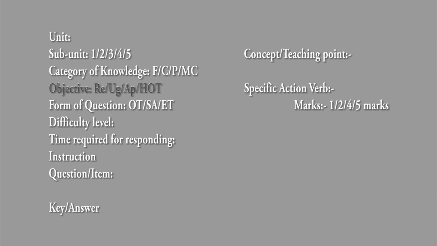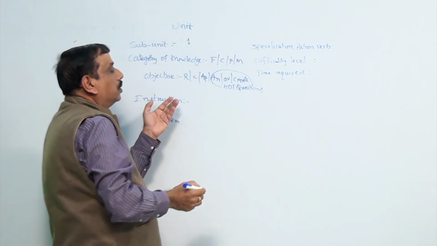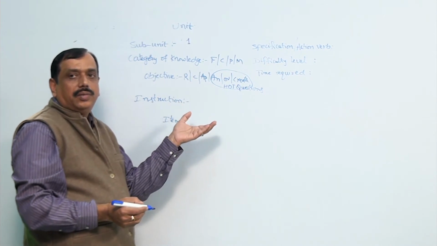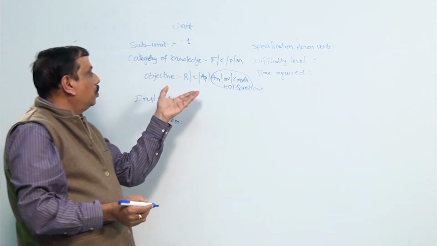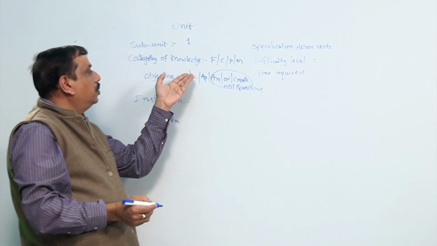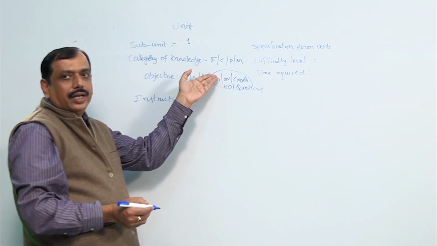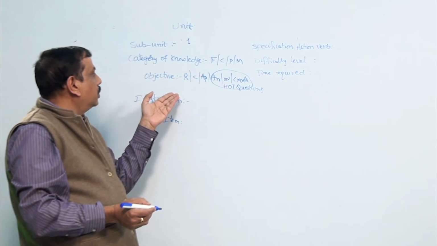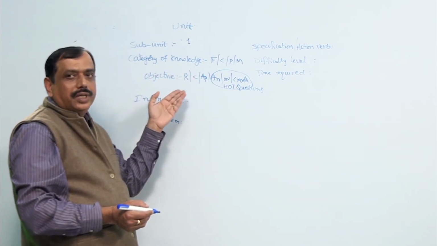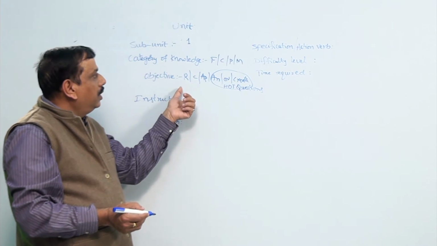So, these are the 6 dimensions that we have. In the table of specification you might have clubbed all these 3: analysis, evaluation, creativity as higher order thinking questions. So, you have the 4 categories. You can say which is the objective using the type of knowledge that you are selecting, you are going to test it. Once you select the objective here, if it is remembering,